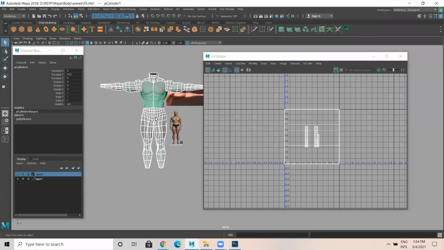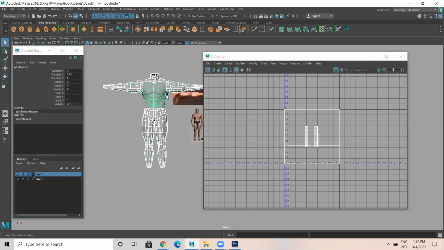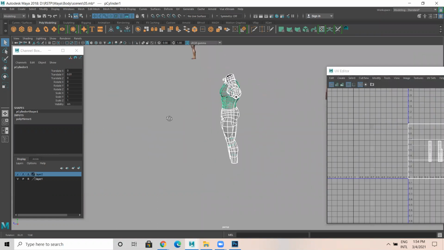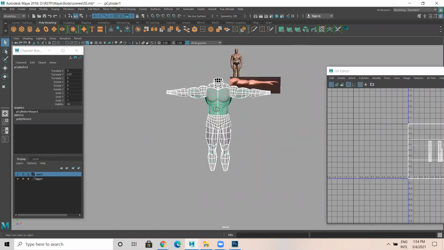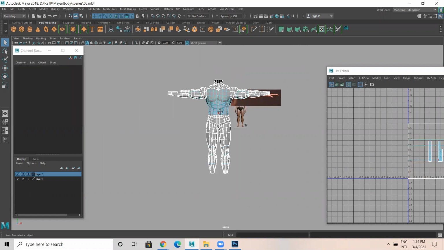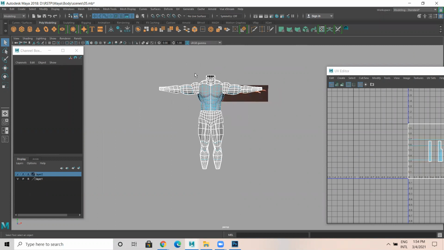Then the hand part is separate. So what I'll be doing here is go to face mode, select the faces up to here.